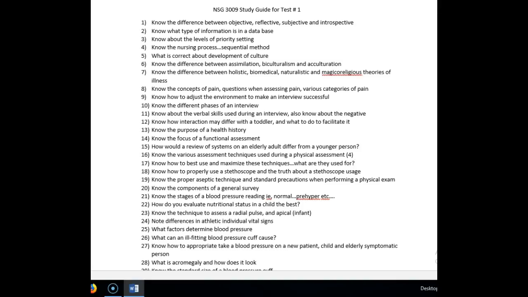So, know the basic premises behind those 4 areas. Okay, so for instance,